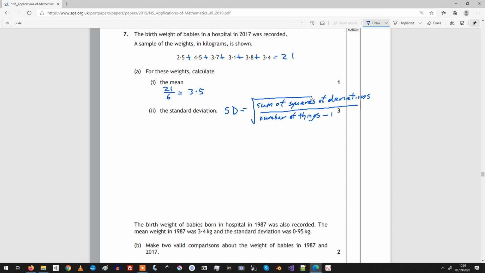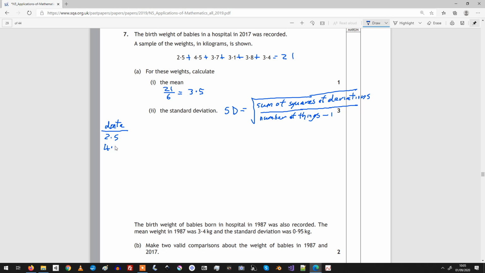So what are the deviations? The deviations are the difference between the data point and the mean. So the deviation of 2.5 away from 3.5 is -1 because it's 1 less. So I'm going to try and find the sum of the squares of the deviations. So first of all, we have the data, which I shall write down: